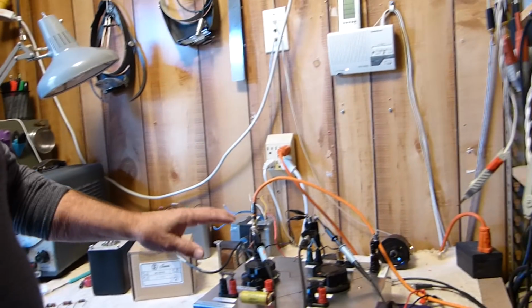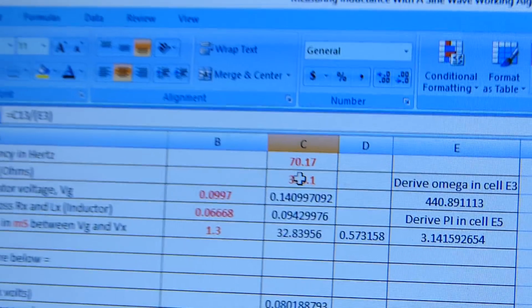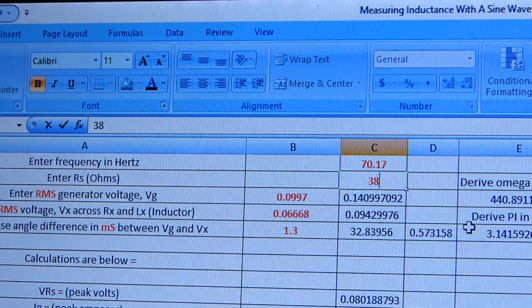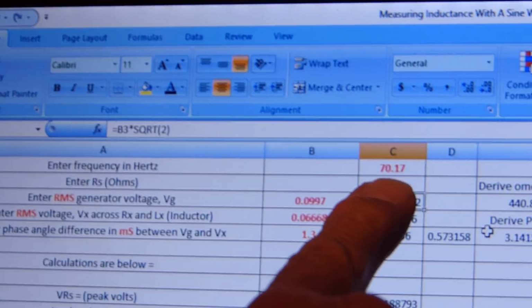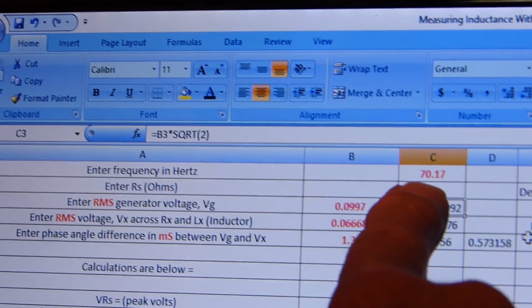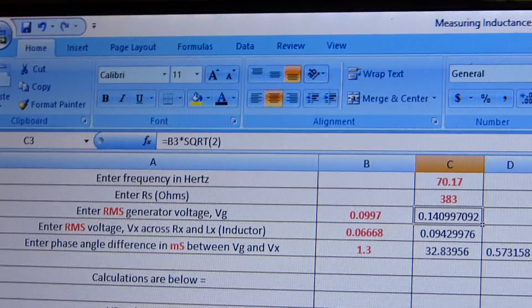Okay, we know that this is 383 ohms. Let's go over to the Excel spreadsheet. I want to make this as quick as I can. This right here is the frequency. Here's our frequency, and here's a number that we're putting in. That's something I dialed in, so let's just put in 383. Now where we're getting this number right here, this is 70 hertz, but I'm putting it in exactly as the meter reads off, 70.17. Here it is up here,